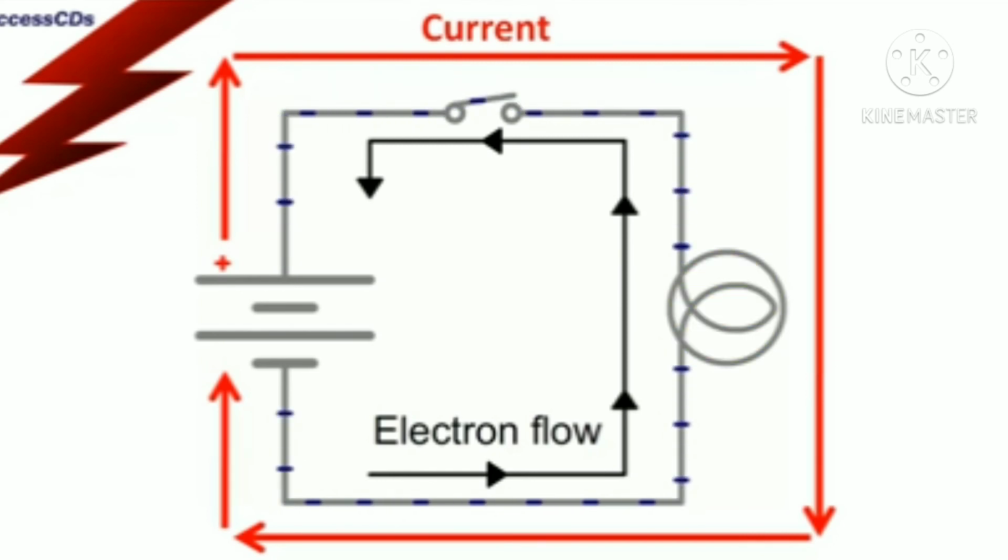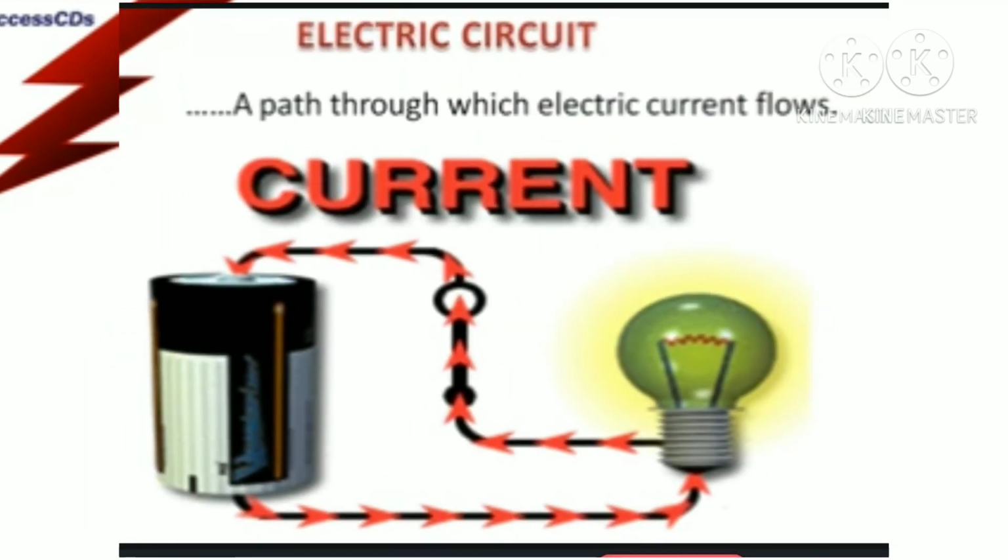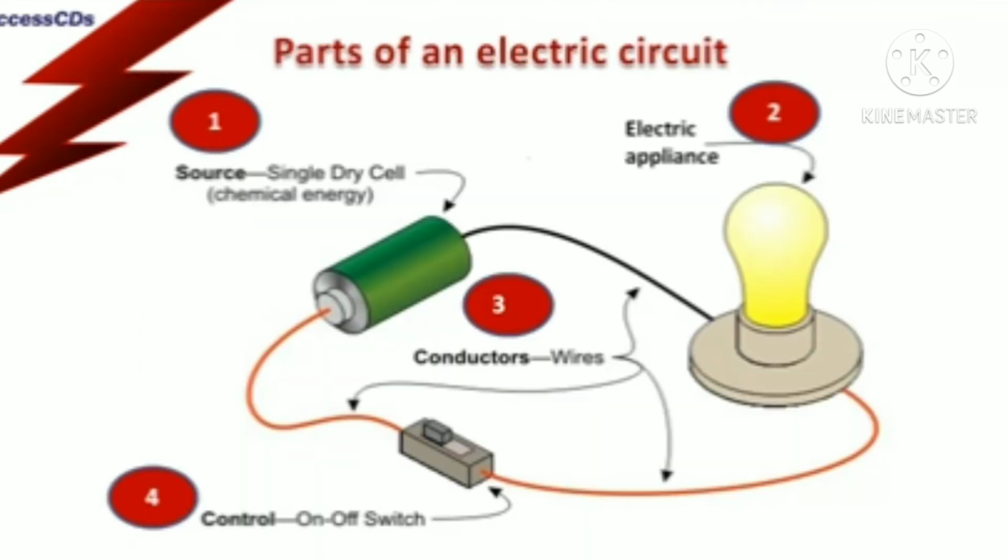And in an electric circuit, the direction of current is taken to be from the positive to the negative terminal of the electric cell. Thus, an electric circuit is a path through which electric current flows. An electric circuit has four parts. The first part is the source of electricity, that is a cell or a battery. The second is electric appliances like a bulb which glows to produce light. The third is wire, which is a conductor or provides a path for electricity, and the fourth part is a switch, which